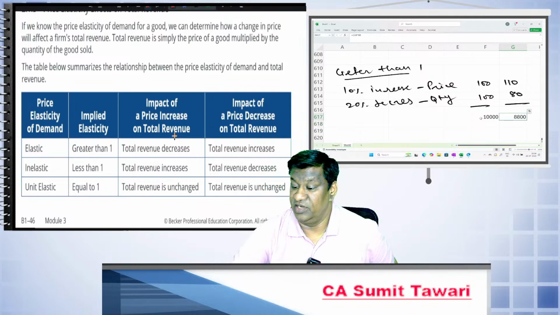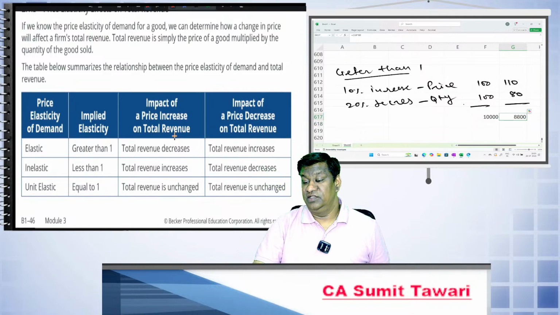So it is basically 8,000. So in that situation, revenue gets decreased. If the price increases, total revenue gets decreased, and if the price decreases, total revenue gets increased. Okay, like